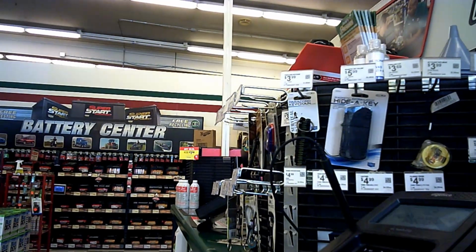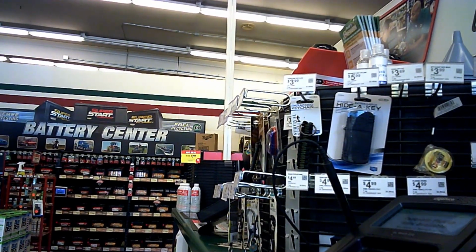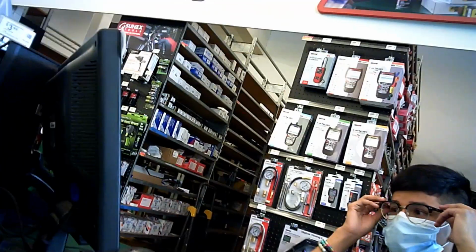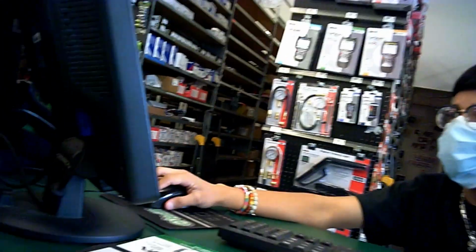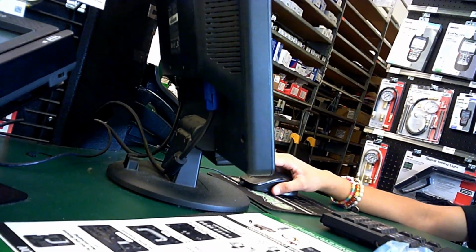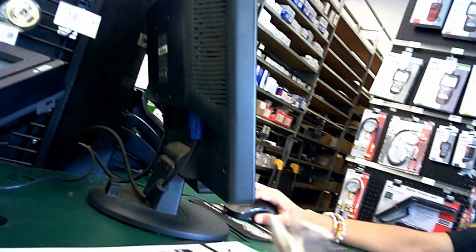So if you grab one of these off the shelf, do you have any of these in stock? I'm not sure if it just comes like that. Yeah, that's what I'm curious about. If you could pull one off the shelf and tell me if it has a dust cover or not, that would be helpful. I have to see if you have any in stock that's the same as that. Have either Gates or